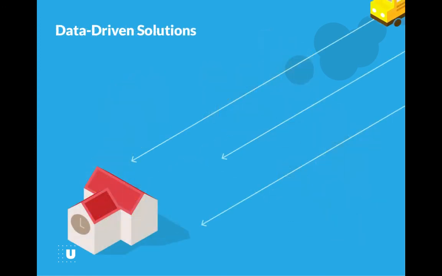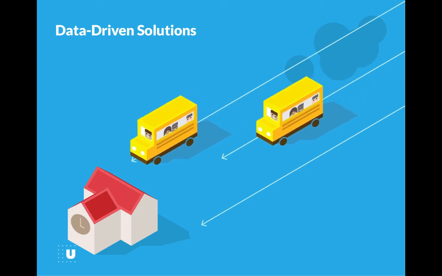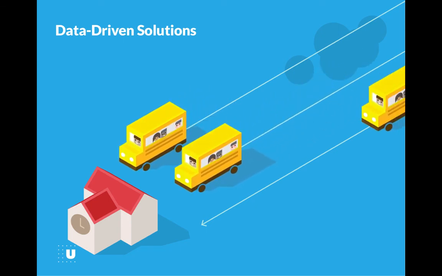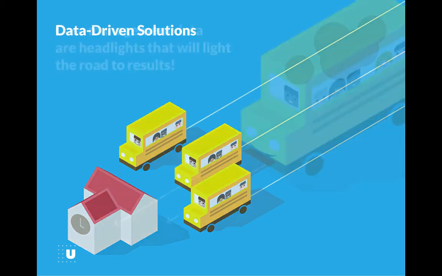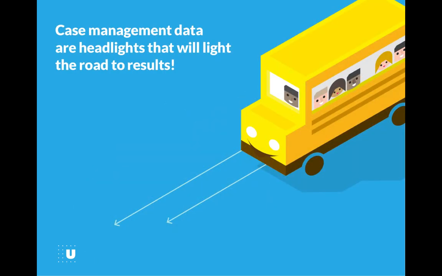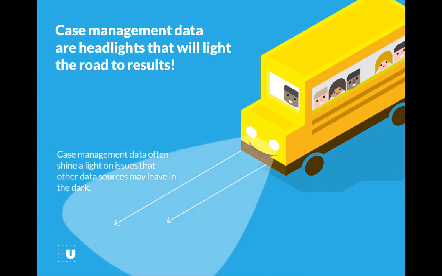In our school bus example, we could say a data-driven solution might be to double the number of buses that pick up children who live further from school, so that those children can get to school around the same time as the children who live closer to school and can ride the same bus. It's safe to say that any initiative that only examines data at the population level is going to miss an important opportunity to figure out what's working and for whom it's working, likely stalling progress toward desired results. As in the case of our transportation example, without these data, we may never have known there were too few buses for children who live further from school, and that was keeping all children from getting to school on time.